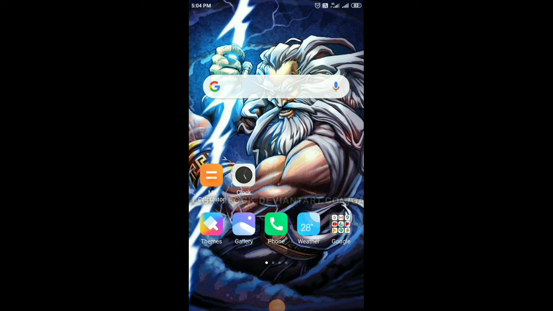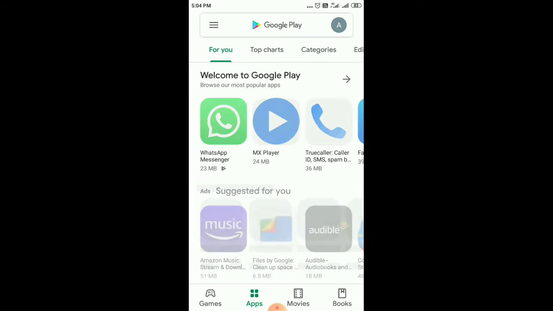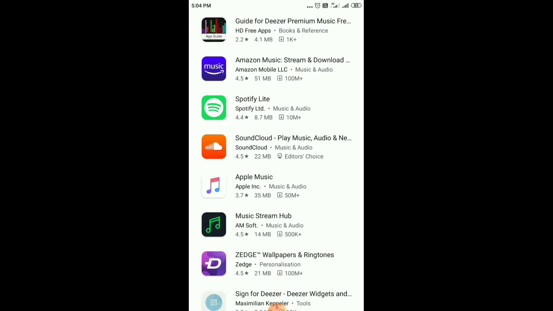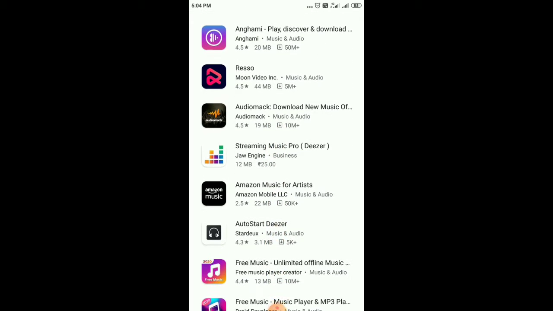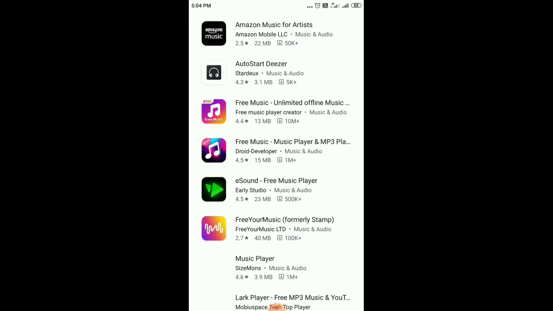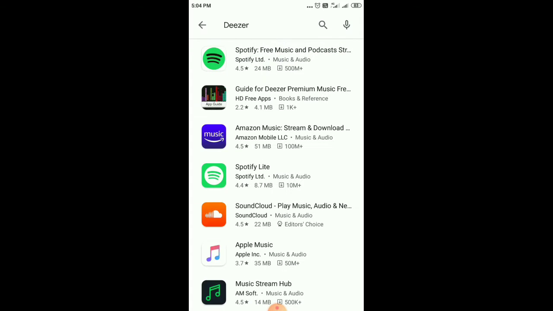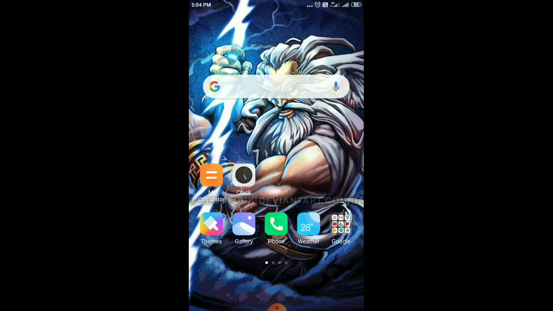So first of all, I'm going to be showing you guys an example of this error. I'm going to open up Play Store in front of you guys right now. As you can see, I'm inside Play Store and I'll search for an application called Deezer here. Deezer is an online music player application, and as you can see, in my country India, it's not available. It doesn't show up if I search for it, and even if it shows up in the suggestions tab, it's going to simply show me the error which I just showed you at the starting of this video, that this particular application or game is not available in your nation.